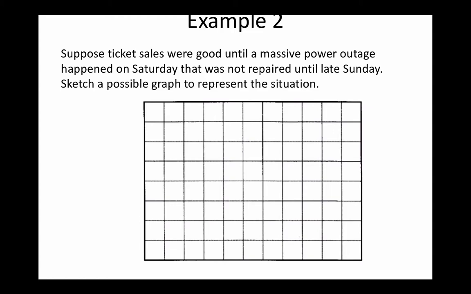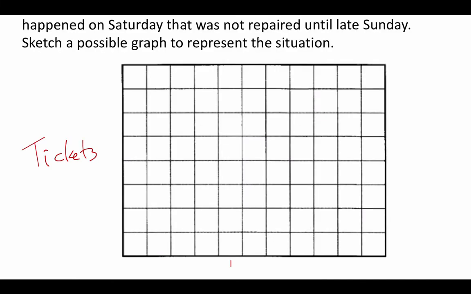There are a lot of different ways you can represent this, but you might want to say the number of tickets sold. And then for your horizontal axis, you could do times of the day. Maybe you just want to focus on Saturday and Sunday. I want to focus on days of the week. So this will be Monday, this will be Tuesday. Actually, I'm going to spread this out a little bit more. So maybe this is Monday, this is Tuesday, this is Wednesday, this is Thursday, this is Friday, this is Saturday,